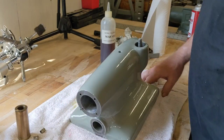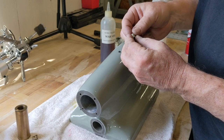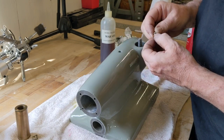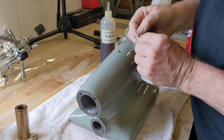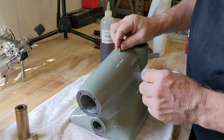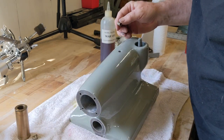to work. So let's get started with, we'll put in the little oilers. These guys right here, I knocked those guys out so that I could clean all this up, and then I just kind of brushed those up on the wire wheel. So let's get these installed. I might actually, I am going to run